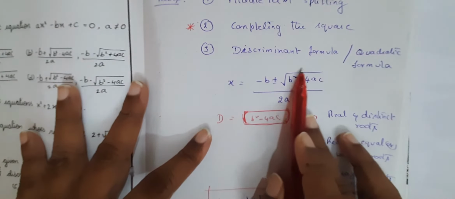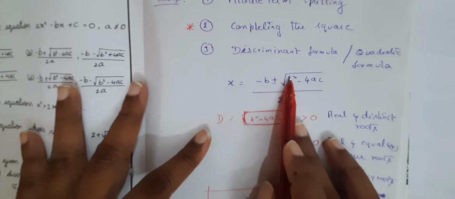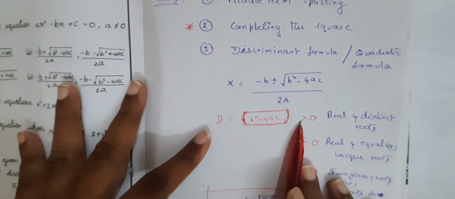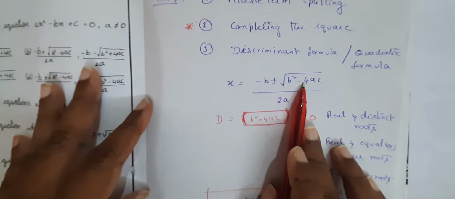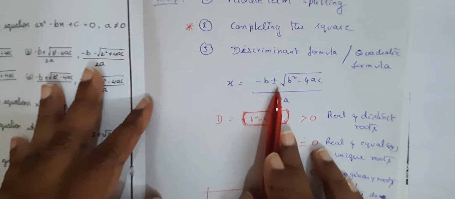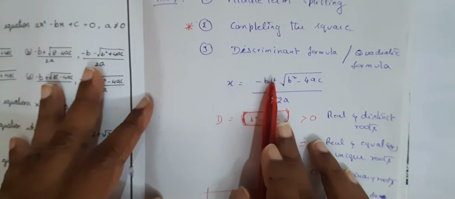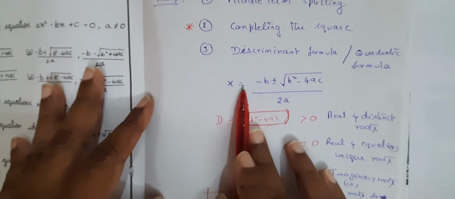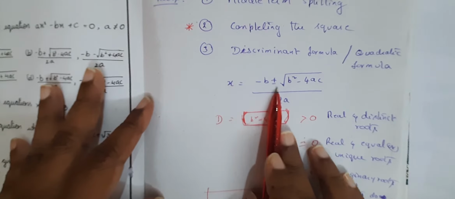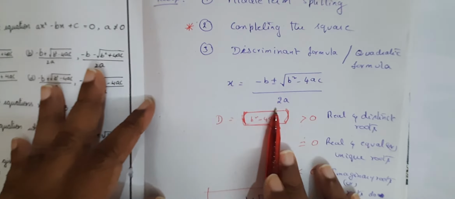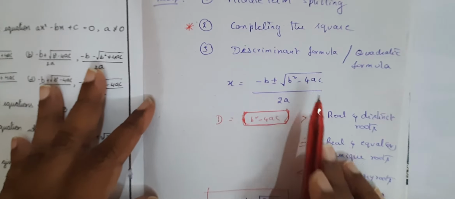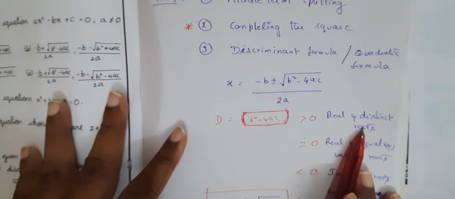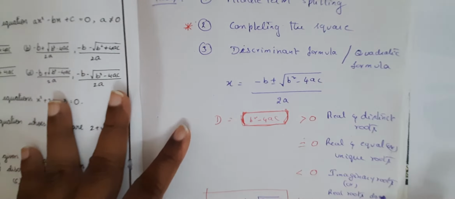And if you observe the formula here, if the discriminant value, that is b square minus 4ac, is greater than 0, that is it is positive, then you will have two roots. x1 is equal to minus b plus root of the discriminant by 2a. And the other one being minus b minus root of discriminant by 2a is the other root. So, this equation will have two roots if the discriminant is greater than 0 and they are real and distinct.